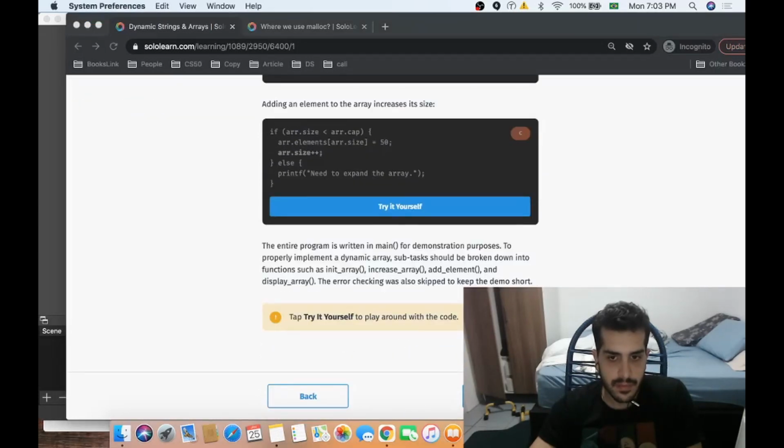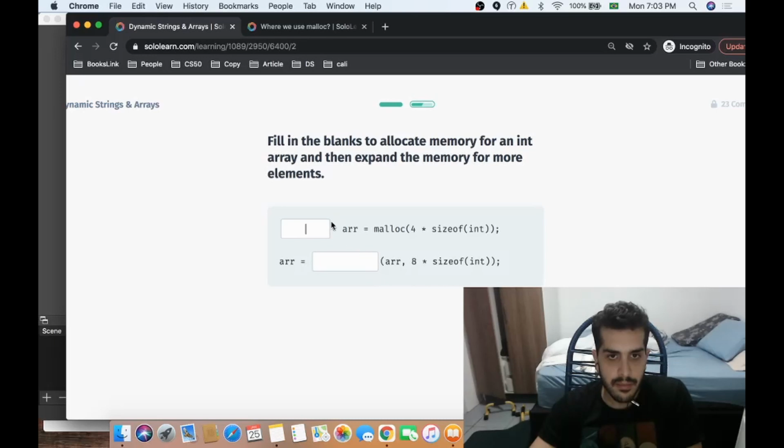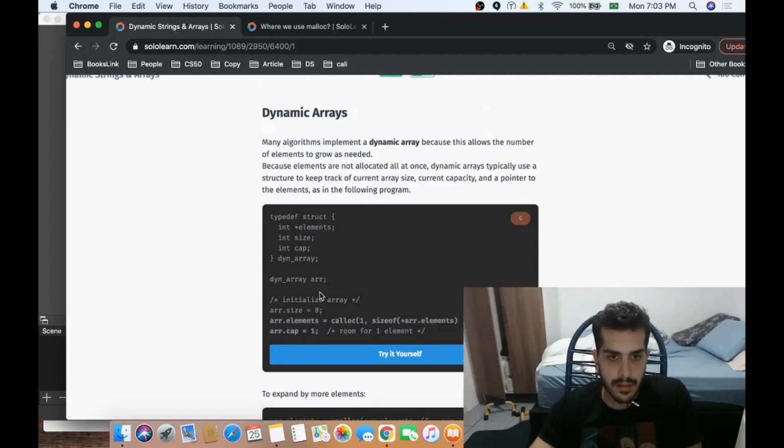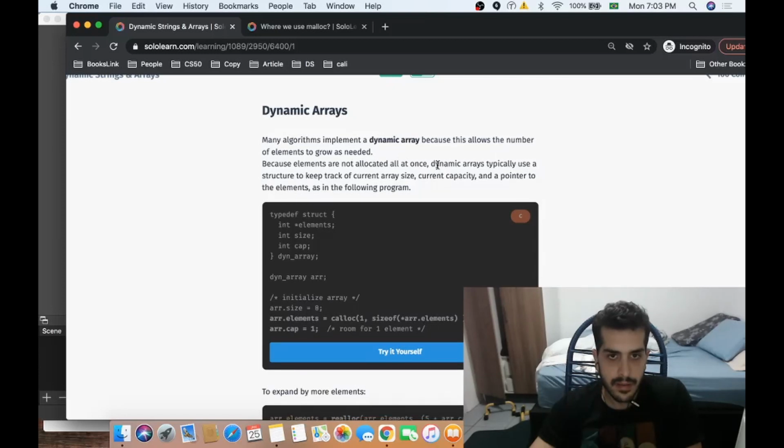Okay. So we can use, what was it? Calloc. So our elements: a dynamic array uses a structure to keep track of the array size, current capacity, and pointer to the elements. Okay, so this is a dynamic array struct that points to elements, has a size, and has a cap. So size probably keeps track of the current size, cap is how long we want it to be, and elements we can point to